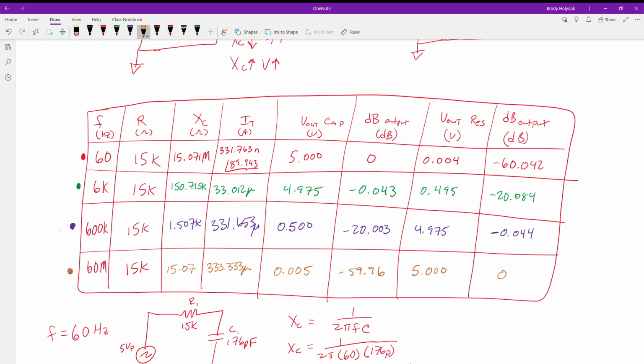Okay, so we basically just went through a frequency sweep. We were running our generator from 0 hertz all the way up and past 60 meg, and we wanted to see what our circuit was doing. Well, now what we've done is we've created a table that we can now plot to see what our response was based on each of these values.